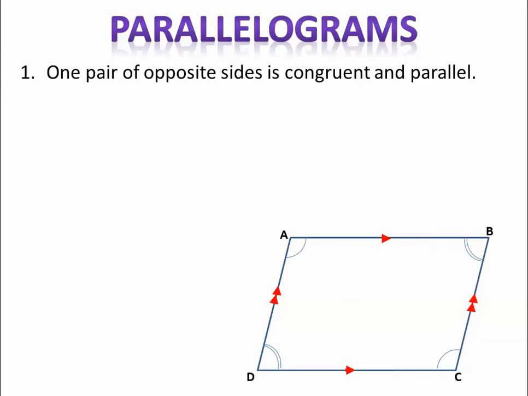Now, as we've observed before, a quadrilateral is a parallelogram as long as it meets either of the following requirements. One pair of opposite sides is congruent and parallel. And if you look, you've got AB is parallel to DC. The diagonals bisect one another, and I don't have diagonals on there, and I really can't draw them very straight